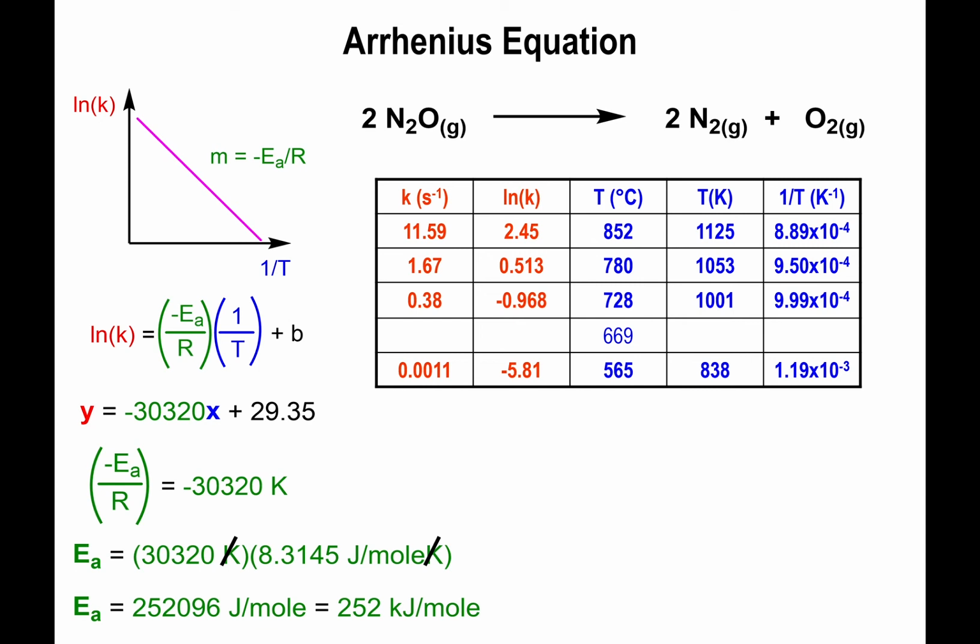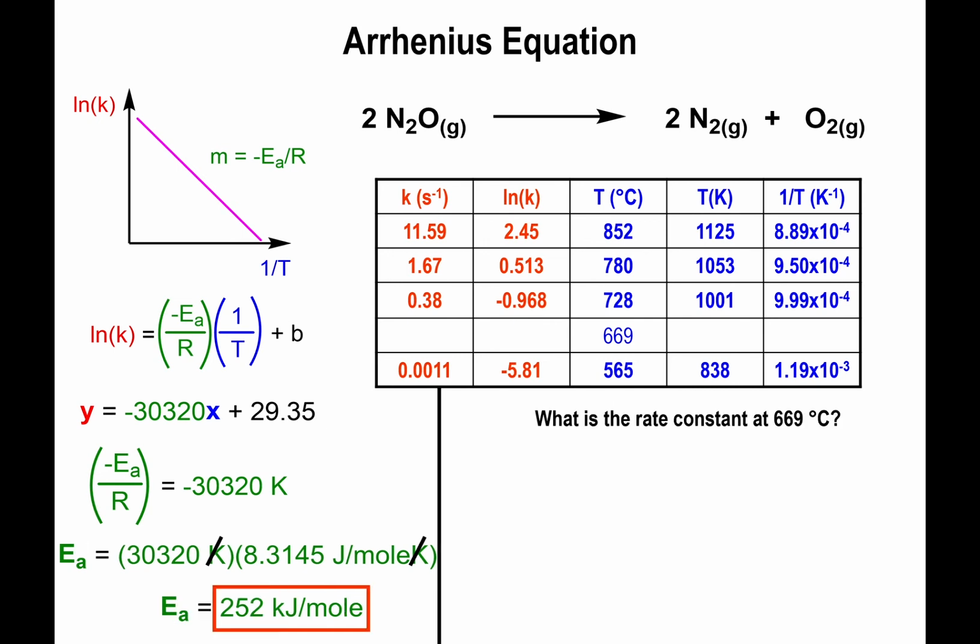So this approach is a lot more simplistic and a lot more accurate than the 2-point equation approach, but it does require that you have a table of data for rate constants and its associated temperatures. Without that, the best you can do is use the 2-point equation. All right, now